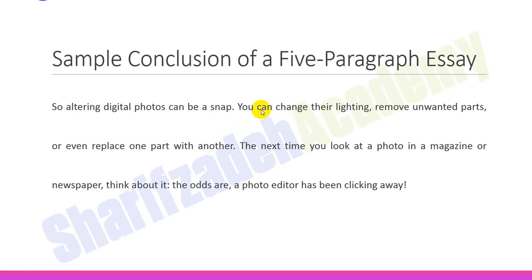And do you remember parallel structure I've discussed earlier? I told you that we have to use the same format. Here we have change their lighting. Remove is a verb. Change is a verb. And here we have replace. If this part starts with a verb, for example, an infinitive, for example, to change, this part should also start